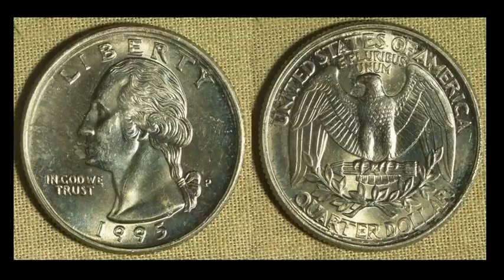Okay, so this is a sneaky one. And I would say just about everybody would overlook this, but someone, God bless their heart, whoever discovered this coin certainly went through it with a process that's very anal in nature. This is a double struck 1995 Philadelphia Washington quarter. This one left me pretty much speechless, and that's why I'm kind of chopping my words right now. There's just no way to describe exactly where you could find something like this, or having just the patience and fortitude to look at a 1995 quarter. Usually I would just throw these out and just consider them just